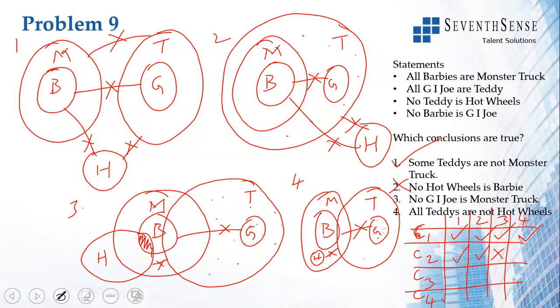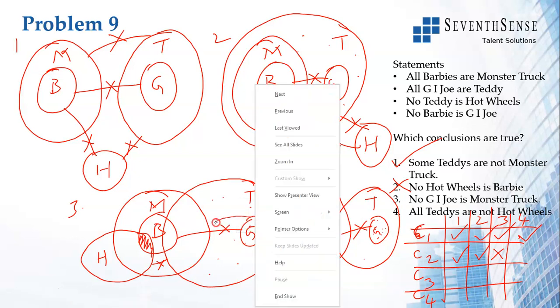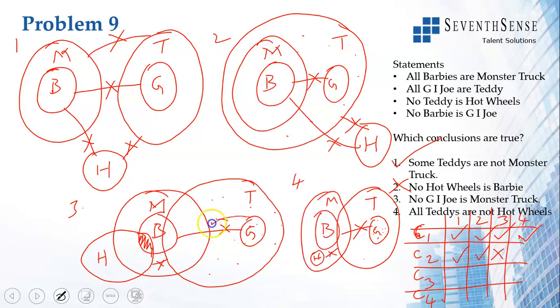Correct. Then we'll have no G.I. Joe is a monster truck. So you see G.I. Joes and monster trucks. We can have another diagram, right? So what if this was overlapping here? What if this diagram was, instead of here, we had drawn it till here? So G could have been drawn here. This could be your 5th diagram or could even be the 3rd diagram. What if G was not here but regularly here? There's nothing that prevents us. Only B and G should not be overlapping.